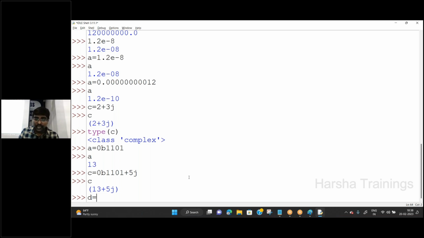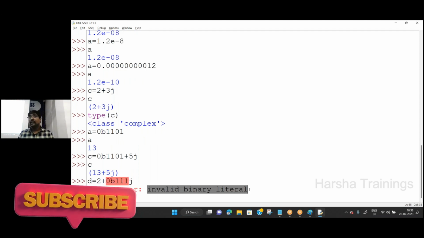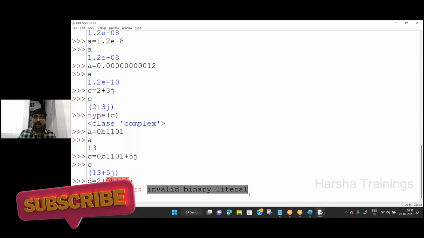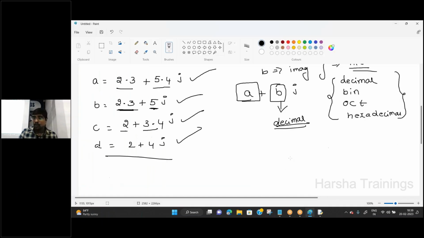Suppose d is equal to 2 plus 0b1101j. What happens? Error. Syntax error. Invalid binary literal. Clear? Invalid binary literal. Now, complex is not at all completed. One more point is,